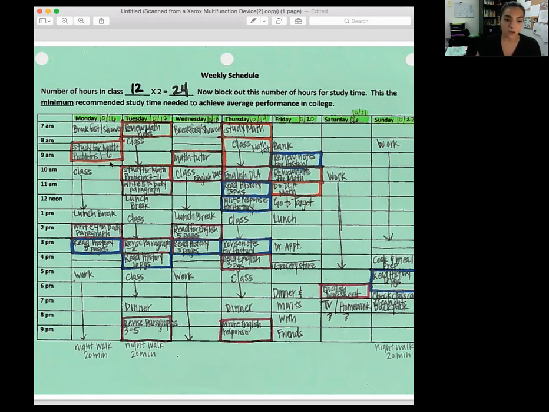So I put those bigger ones in first, and now I'm going to start breaking up my study time and breaking up my projects into chunks so that I can do a little bit every day. So here for English, on Monday, I'm going to write the fourth body paragraph to my essay, because the previous week I was chunking as well, so now I'm on my fourth paragraph. On Monday, early in the day, I'm going to study for math, and I'm going to do problems 1 through